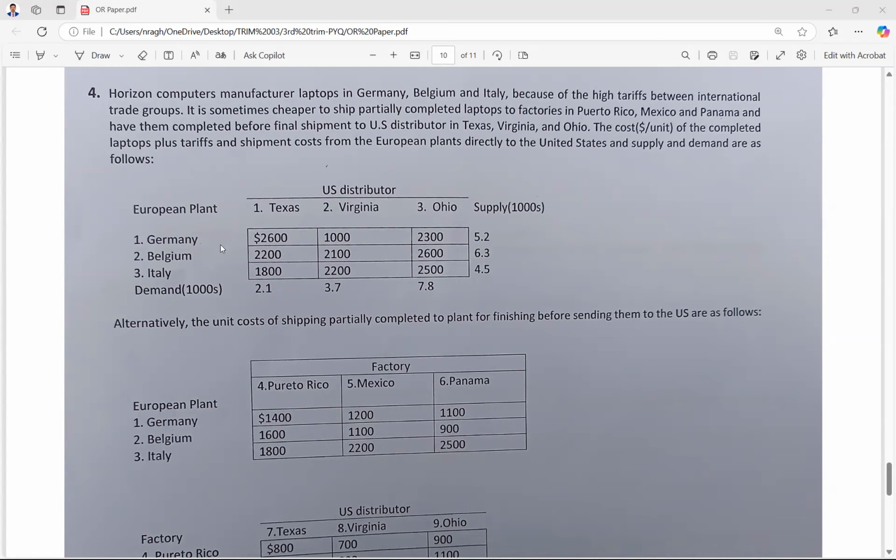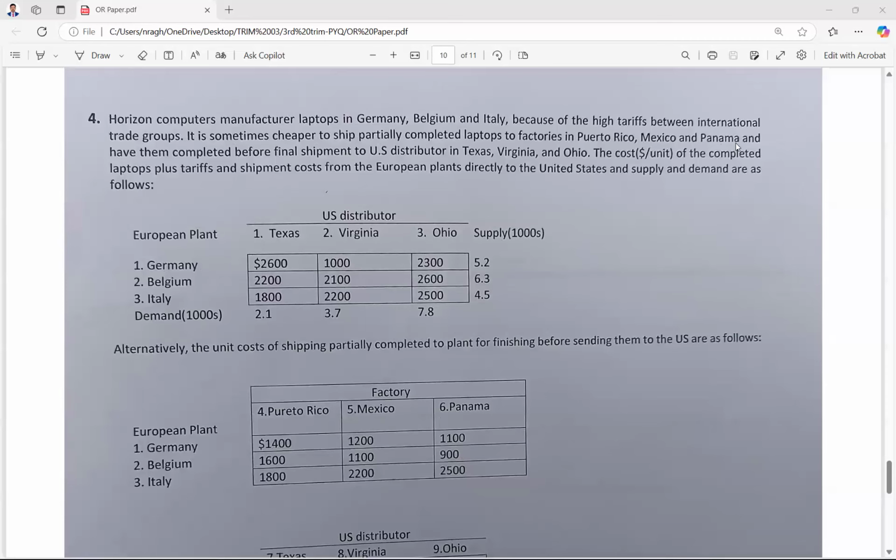Now the context is, if you are sending goods directly from Europe to US, they are saying there could be tariffs. Here is what they're saying: manufacturing of laptops from Germany, Belgium, and Italy, because of high tariffs between international trade groups, sometimes it is cheaper to ship partially completed goods to Puerto Rico, basically South America, and then